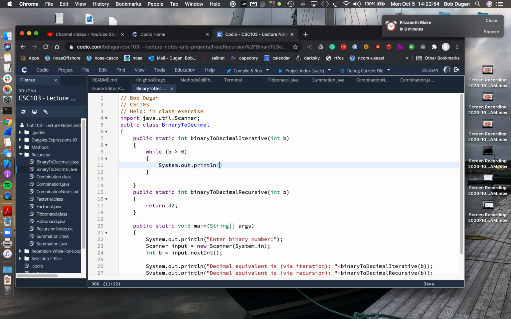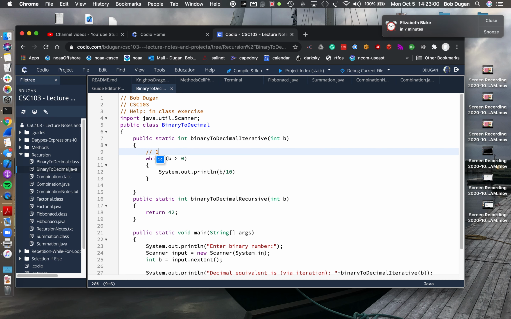System.out.println b divided by 10. Now, what would that do? If I had 1, 1, 1, 1, b divided by 10 would give me 1, the digit 1. It would peel off that first 1 from the 1, 1, 1, 1. Okay? So after I've printed out b divided by, oh no, actually b, not b divided by 10, b modulus